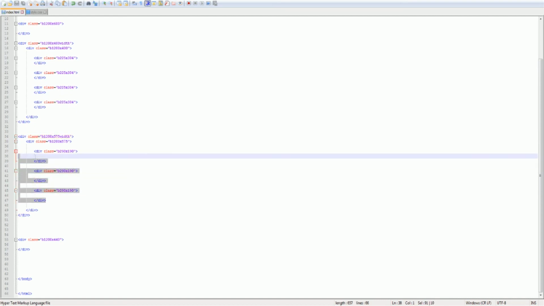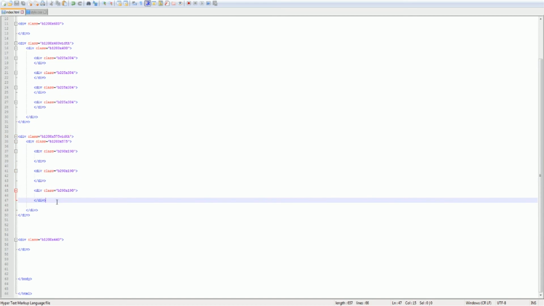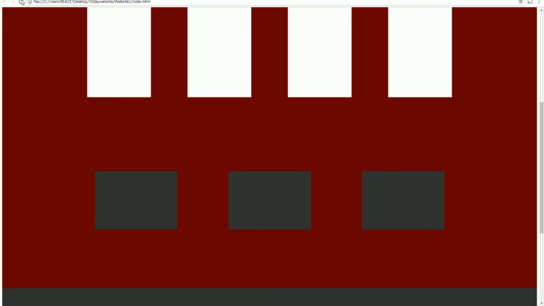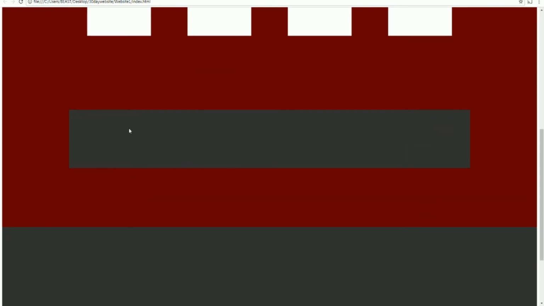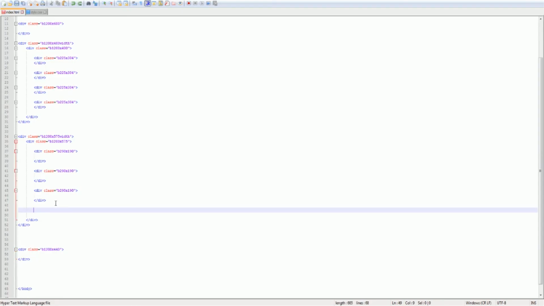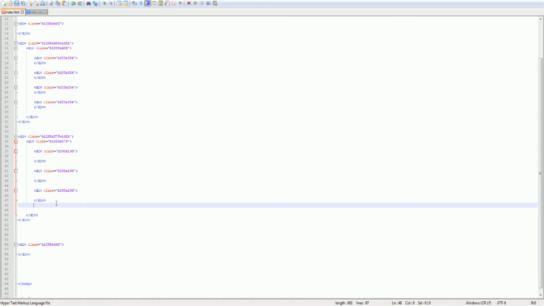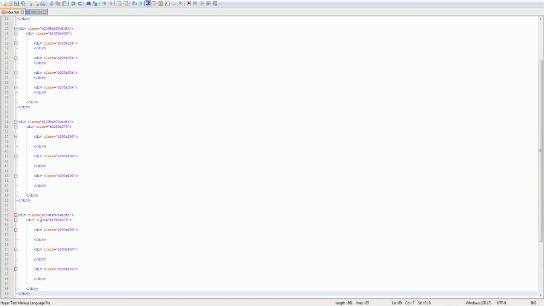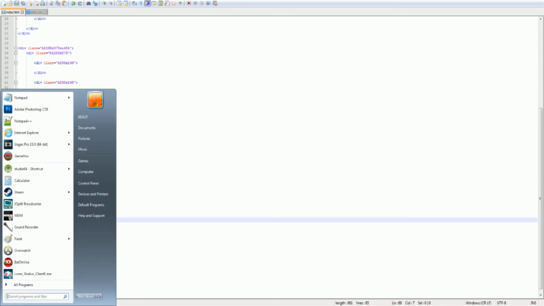So one thing we need to do though is we need to divide this in half. Now, if you put all 6 of these into one div, you see it kind of puts them all together like that. So we need to find a way to get these on 2 different lines. There might be an easier way to do this, but the best way that I know how is we'll just break this into 2 separate divs. So what we'll ultimately have to end up doing, copy and paste this, put it down here, open up the calculator,